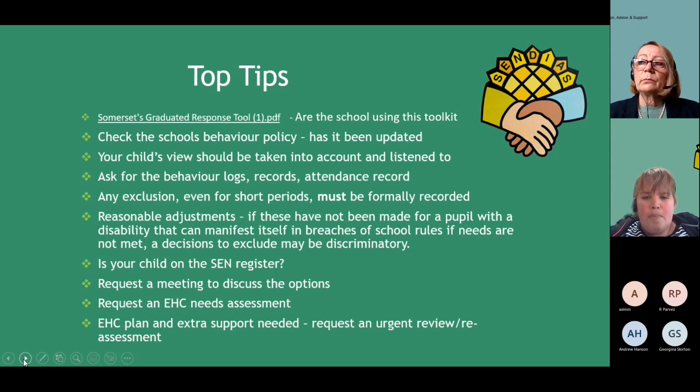Reasonable adjustments, if they've not been made for the pupil with a disability, then this can manifest itself in breaches of school rules. So again, looking at those reasonable adjustments that have just been spoken about to see if there's anything that can meet their needs. And a decision to exclude may be discriminatory if it's against the child's